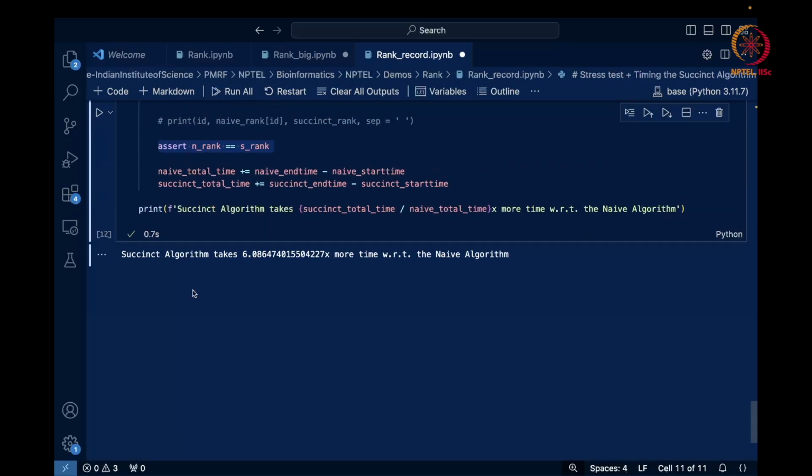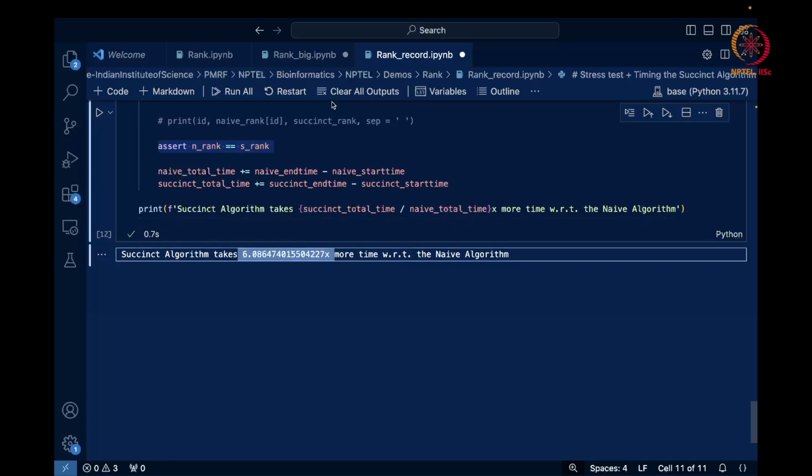Currently the succinct algorithm is taking 6x space with respect to the naive algorithm, and that is because the size of the bit vector itself has a major contribution here, because the bit string itself is small. But when you move on to bigger examples, you will see that this value will reduce further,